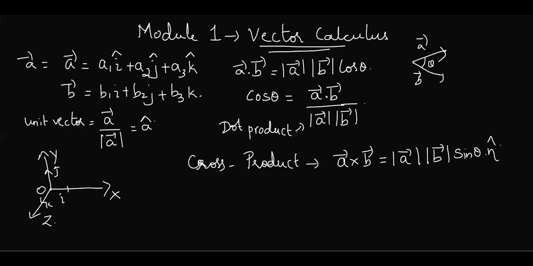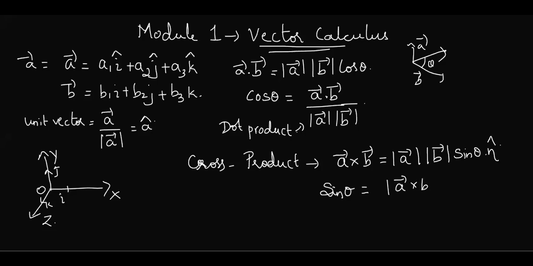Okay, so what is this eta cap? It is some unit vector which is perpendicular to that surface. Not to worry about it much. So this is the cross product. Again theta is nothing but the angle between them, isn't it? So if I want to find what is sin theta, how can I do it? Magnitude of A bar cross B bar.